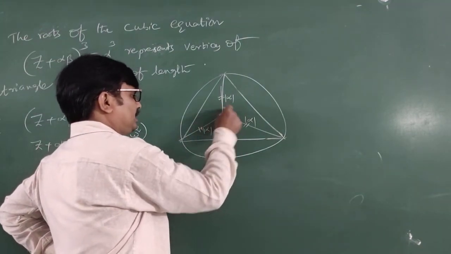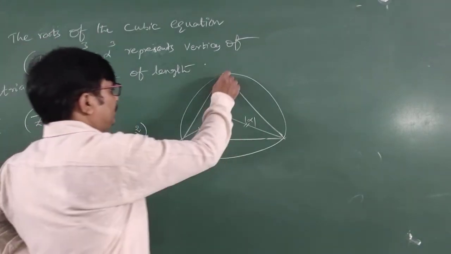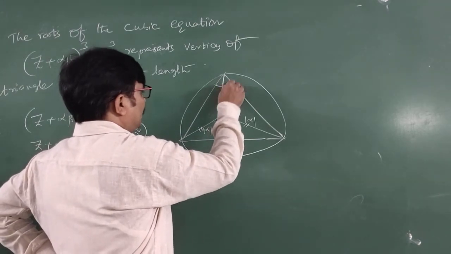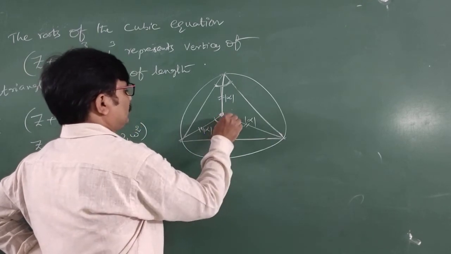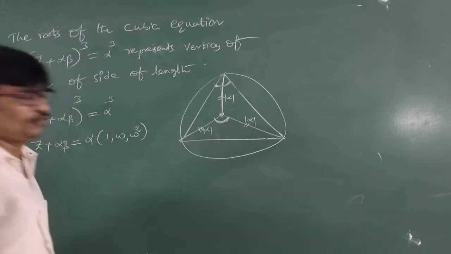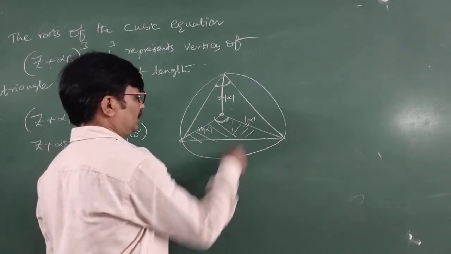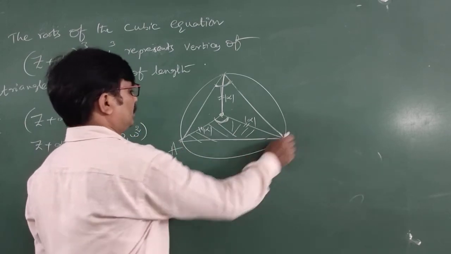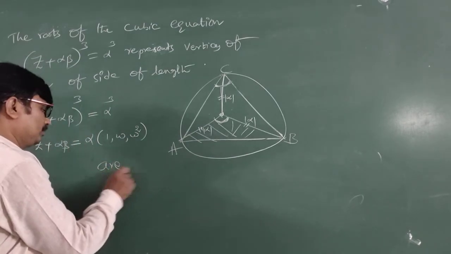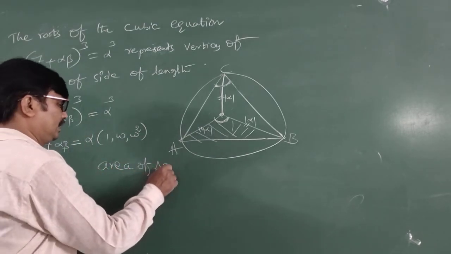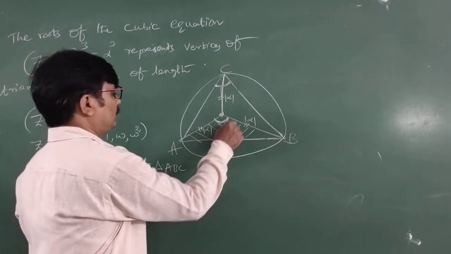We observed here three triangles having equal areas. Suppose it is an equilateral triangle; undoubtedly this angle is 120 degrees, and this is 120. We have to know the area of this triangle. First this is A, after that B, this is C. Now the area of the triangle ABC we can write, this is 120.